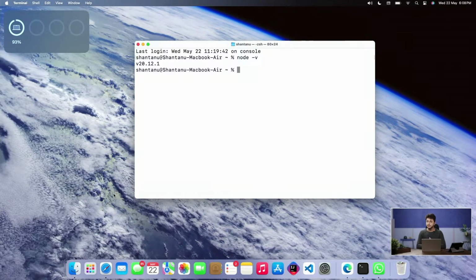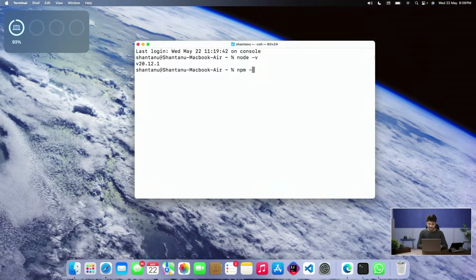But because I'm on a version very close to the latest, I will not go ahead and upgrade it. But if I was on a much older version, for example Node.js 18 or 16 or even lower like 14, I would have immediately gone ahead, uninstalled or discarded my current version of Node.js and installed a newer version. There is one more command that we will check, which is npm